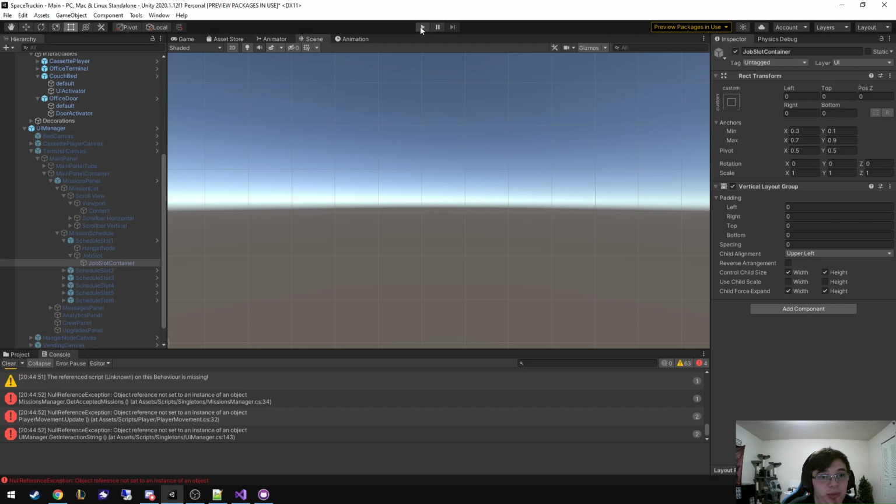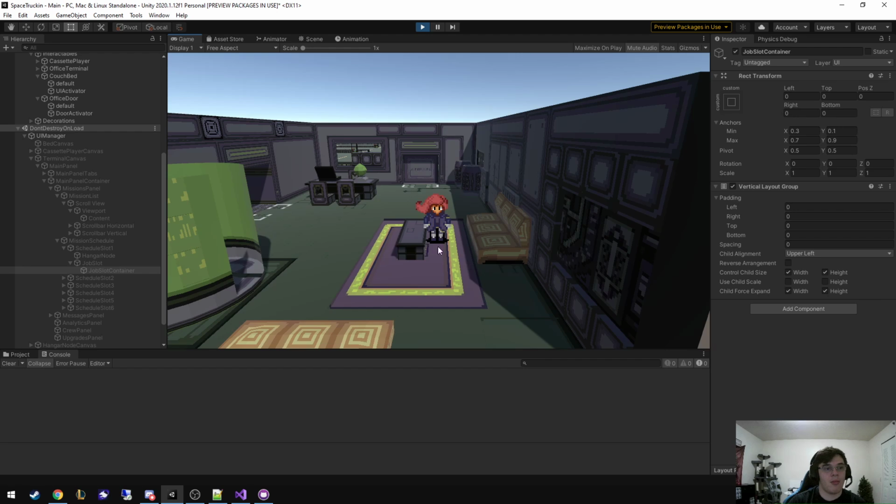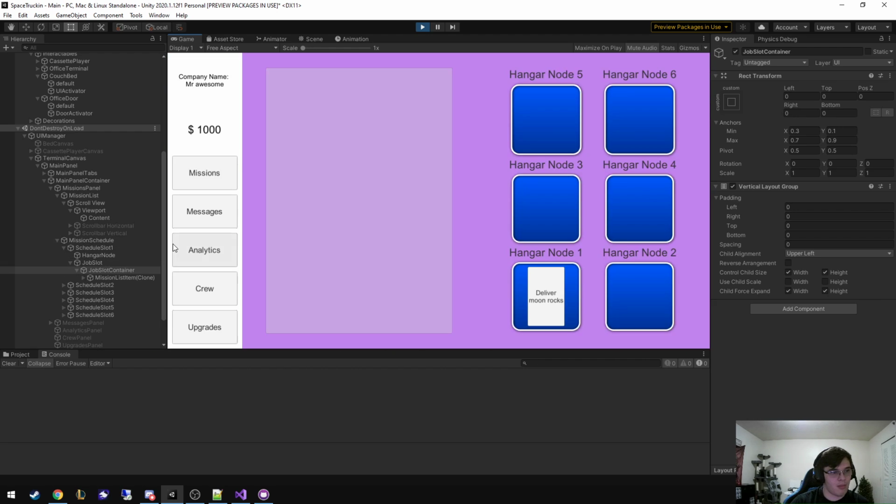We want to destroy the game object, not the transform. So when we let go of it,